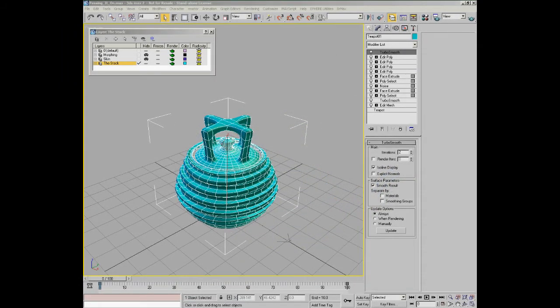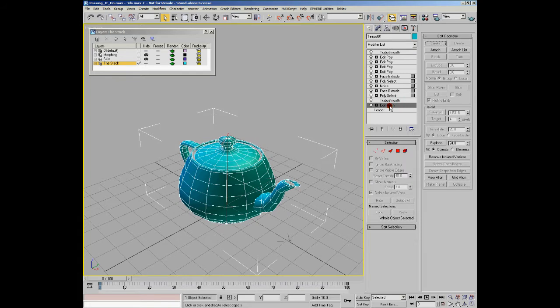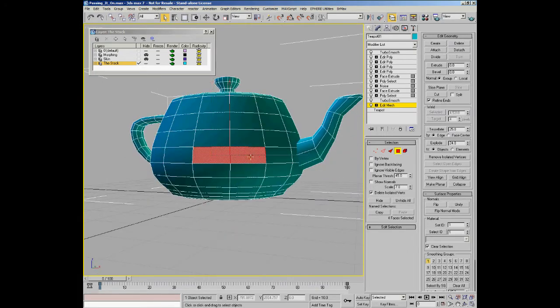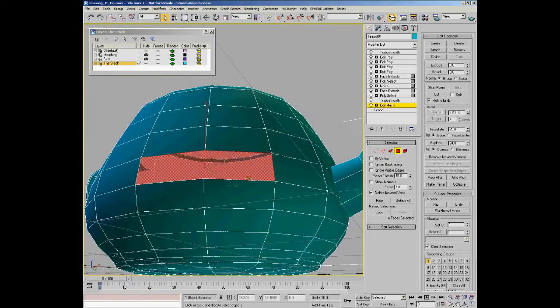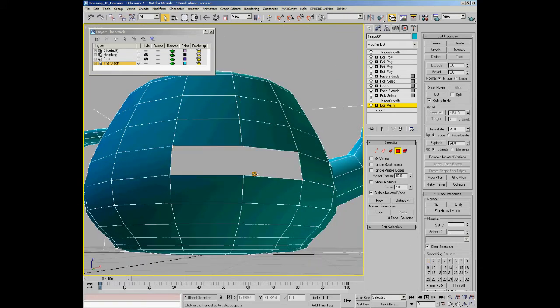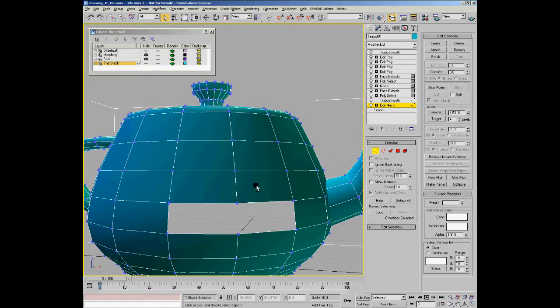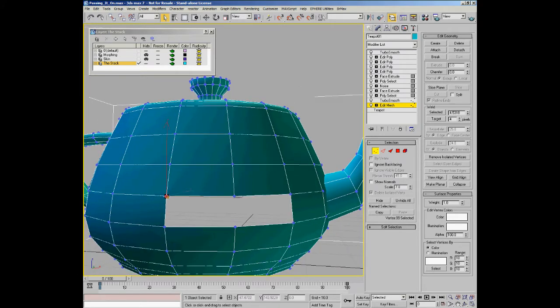And this is all well and good, but what happens if something below that modifier changes and those indices change as well? So let's say we go back to the first modifier in our object, and that's the edit mesh modifier that you can see here. What I'm going to do is go in and select some faces. Let's say we select this face here and that face there, and I'm just going to delete those faces. And now I've got this gaping hole here which I'm not very happy about, so I'm just going to select these vertices here,